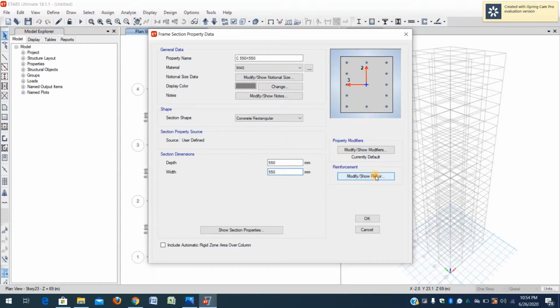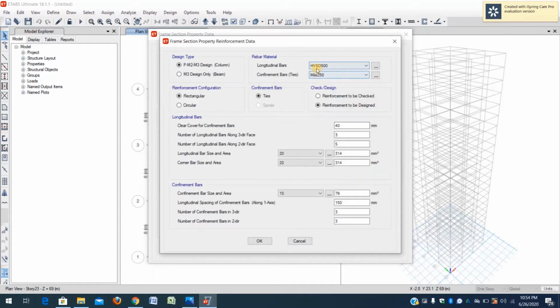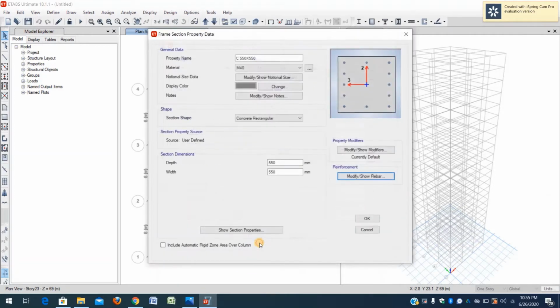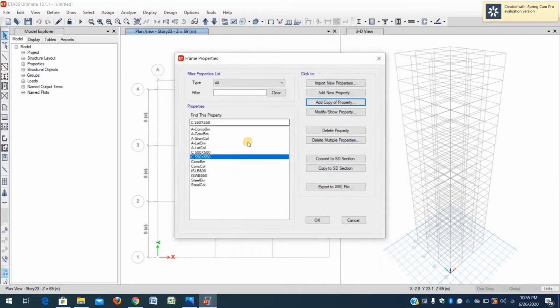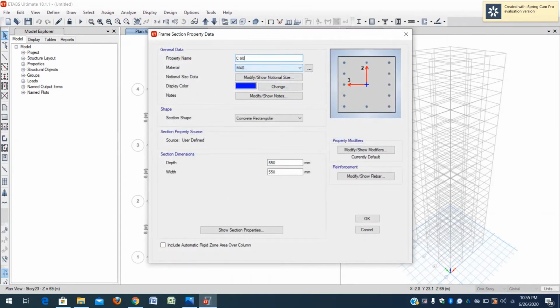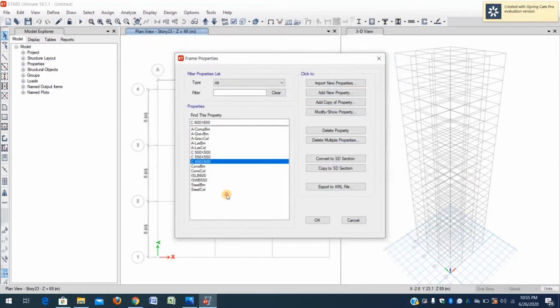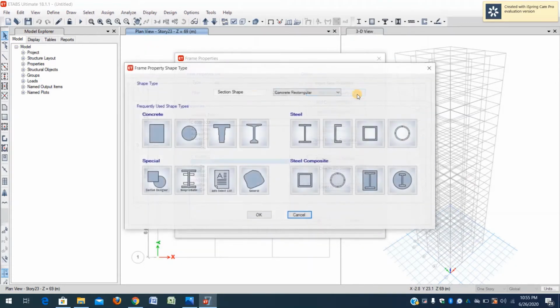If you want to check, click Modify/Show Rebar. Yes, similar. Click on OK. 550 by 550, and click on OK. Similarly, add a copy of the property for 600 by 600, with the name and dimensions 600 by 600. Click on OK.